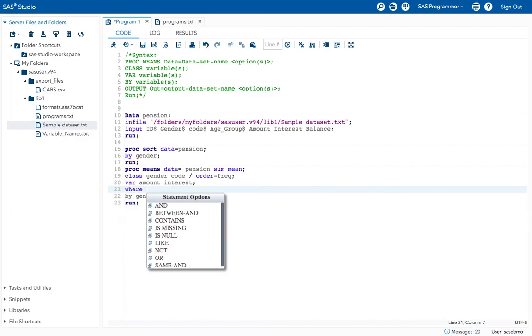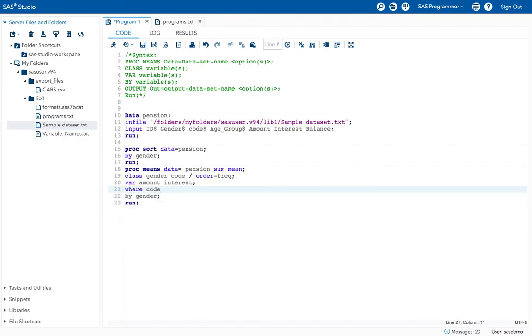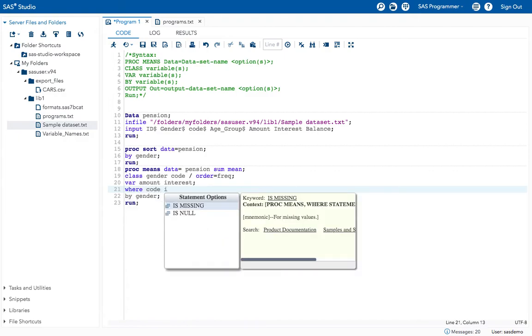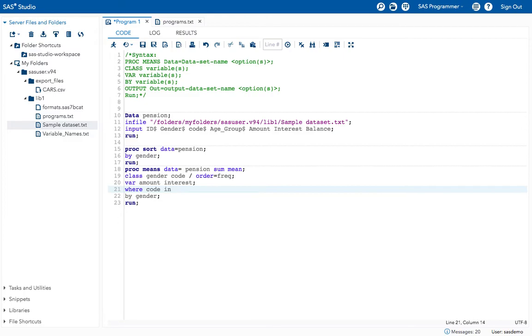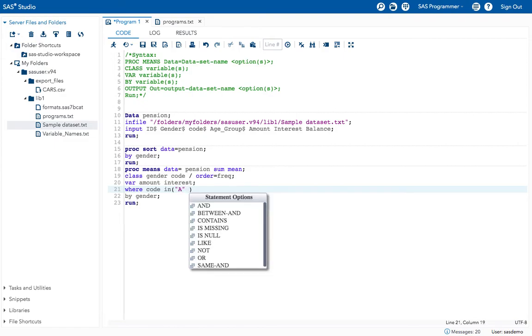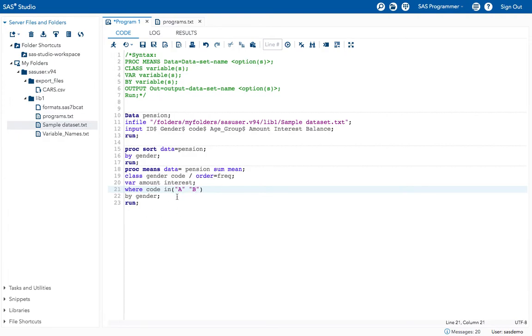Where code in, mention in the parenthesis, in the quotations, whatever code values you require. I want A, and then in the quotations again B. Now I will get the sum and mean values only for these A and B values. See, execute the program.